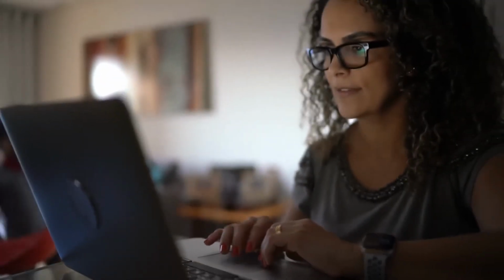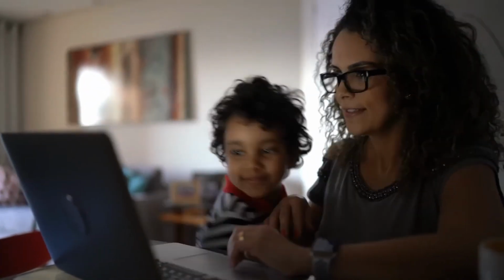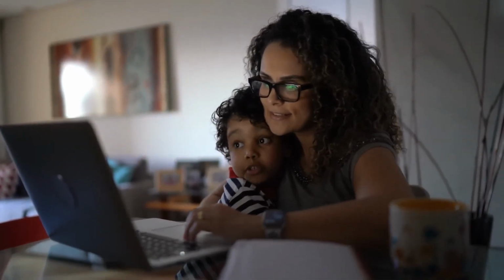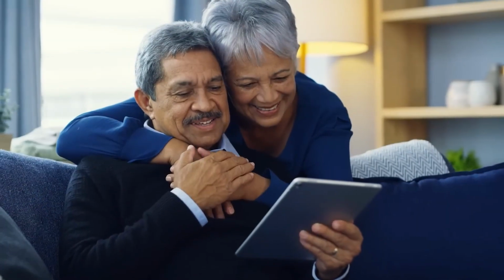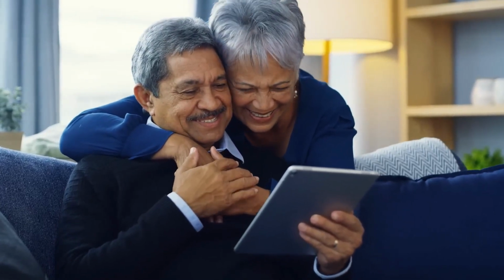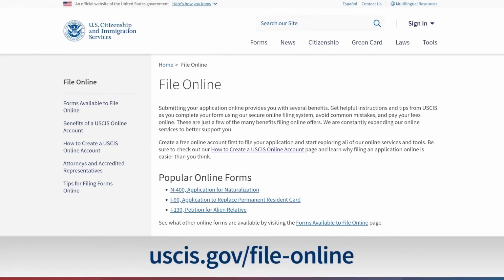Now you know what to expect when filing the N400 application online and can see the benefits of having a USCIS online account. You can be confident that submitting your form online is an effective way to submit your application to USCIS. We look forward to working with you on your immigration journey. Start today by visiting